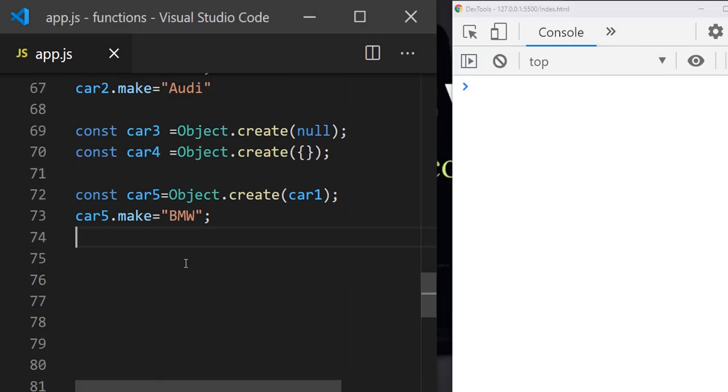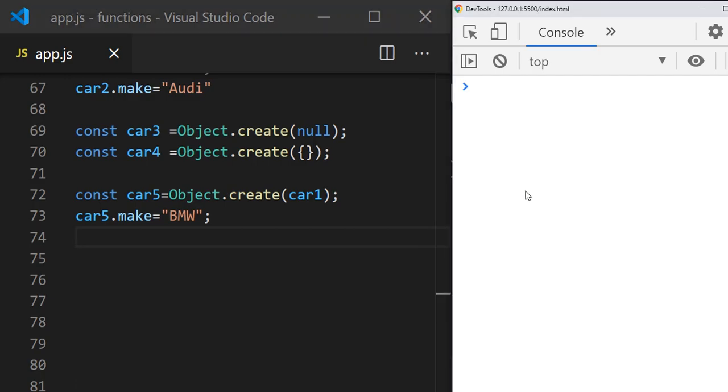Sometimes you need to check whether a property exists in the object or not. So how to do that? We can do that using the in keyword and hasOwnProperty also. "make" in car1 gives true.